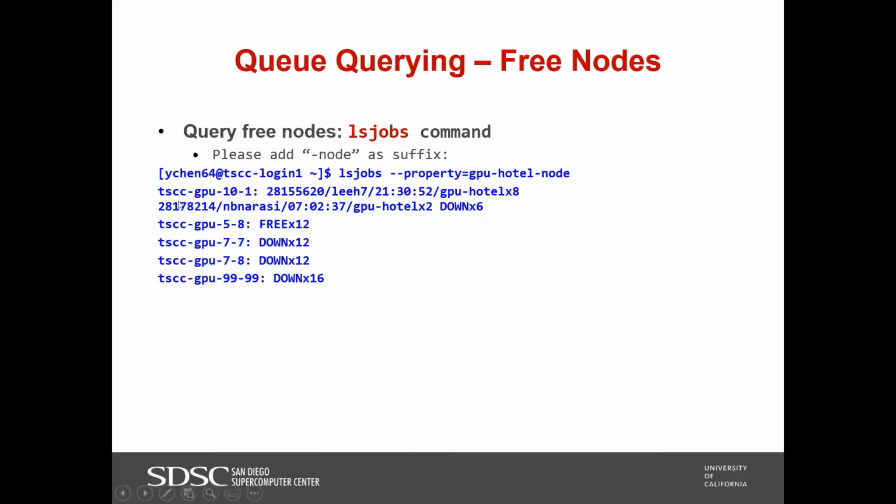And you can see that the output is showing that there are five GPU hotel nodes, and one of them is running jobs, and some are not online, and you can get similar results in your ls jobs command.